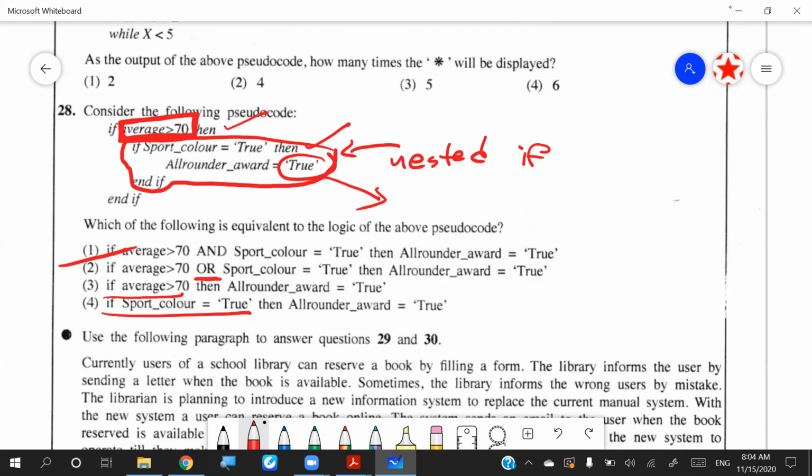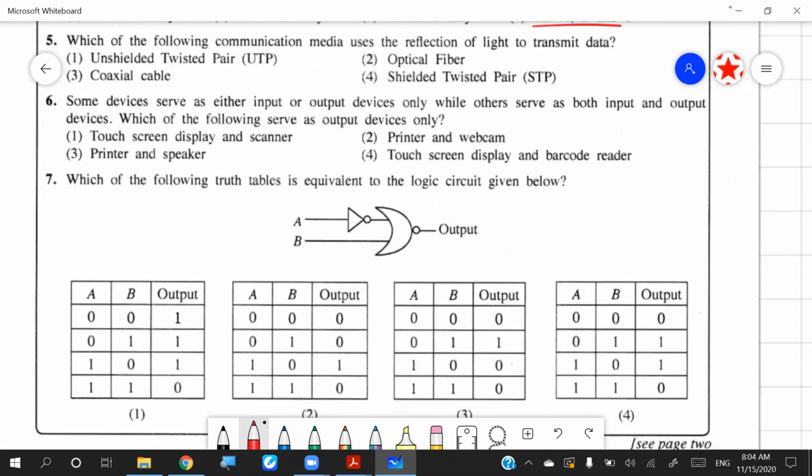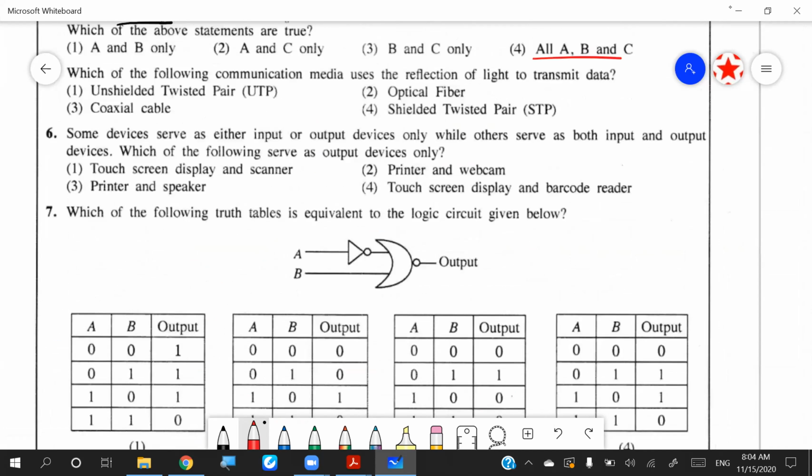Okay, so we were discussing the fourth and straight away came to this 26 and 28. So we are moving to the seventh question now. Right, so wait until I'm scrolling it. Yeah. So in the seventh question,